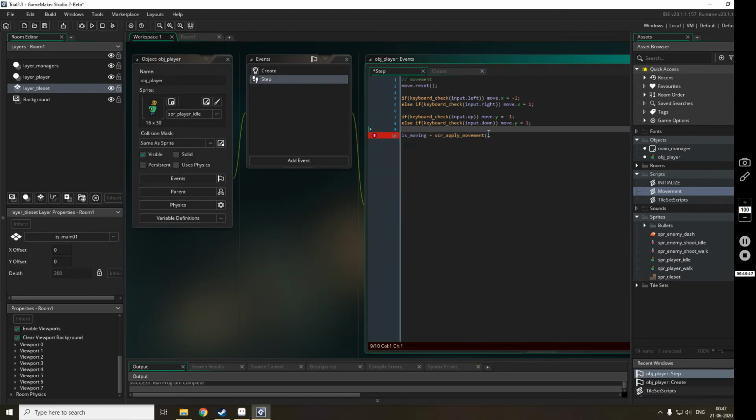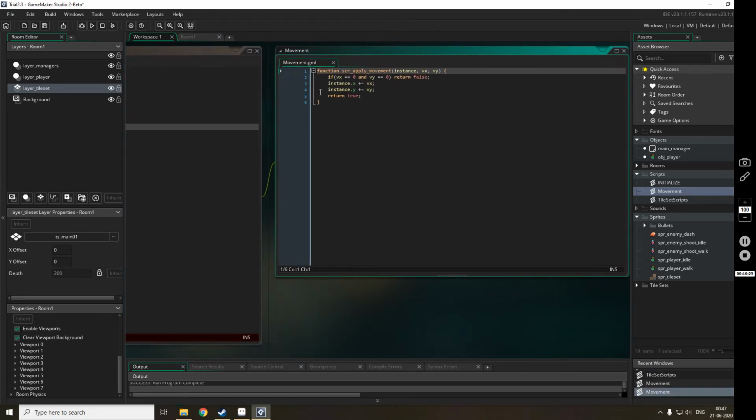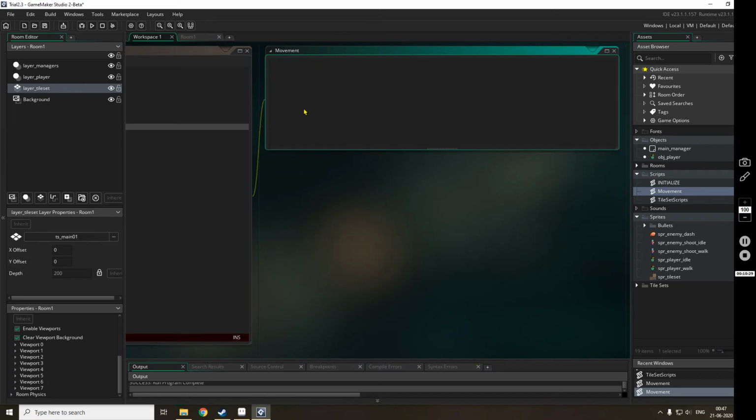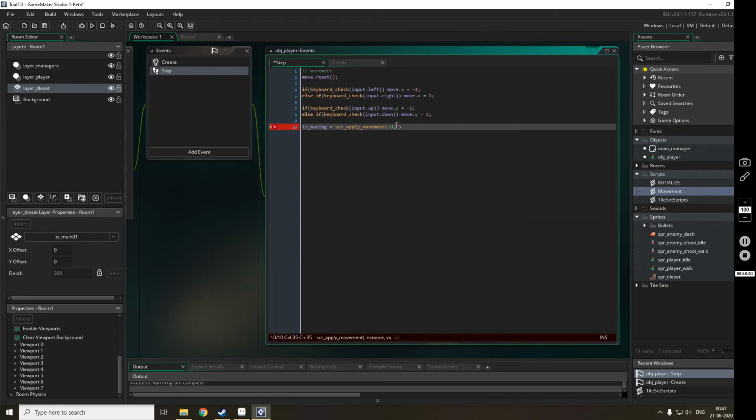Now we will go here and str apply movement and id. This is the first parameter that we have to pass, the instance, then vx and vy. So in place of vx and vy, we'll push the move dot x and move dot y, and